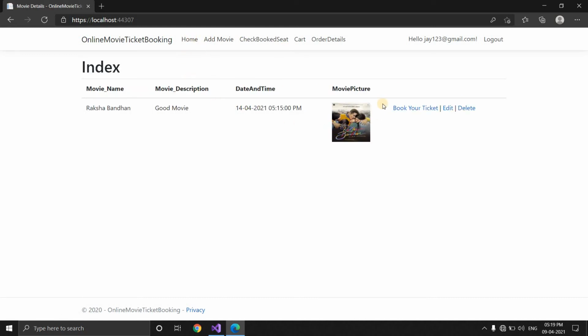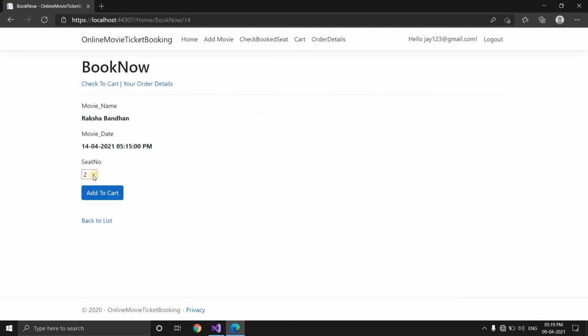Now let us add a seat again. First we booked a ticket with seat number 1. Now let us book with seat number 9. If the add to cart button is clicked, then the ticket is added to the cart.